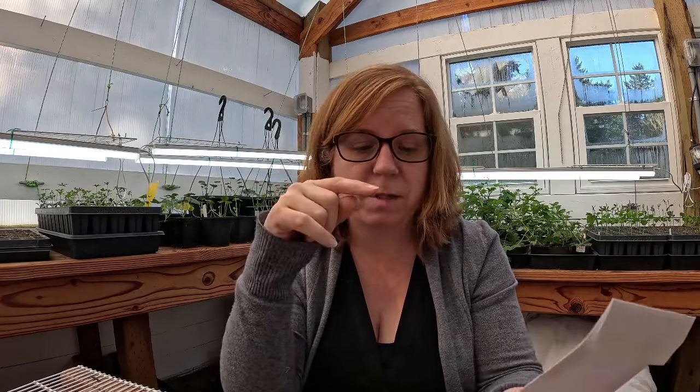Okay, the next one I wanted to talk to that we're going to start is Lavatera. I talked about this a little bit in the last video that I did, but these ones are unusual for around here. I don't know anybody else that grows these here, but they do really well. The plants get probably 2.5, 3 feet tall, and they have multiple blooms